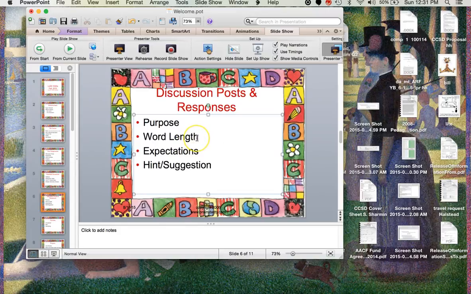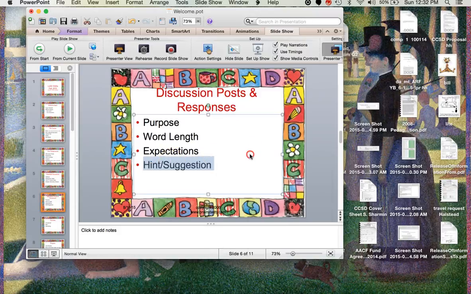And then for your responses, I say approximately 150 words. Again, I'm not looking for a very short paragraph. I'm looking for something of substance, but you don't have to create a whole paper as a response. And so unless I see that it's very, very short or very, very long, I'm not going to sit there and count the words.